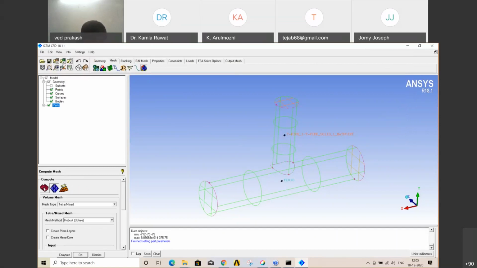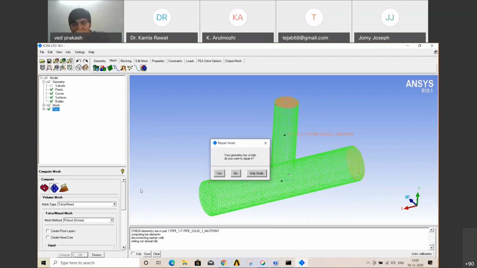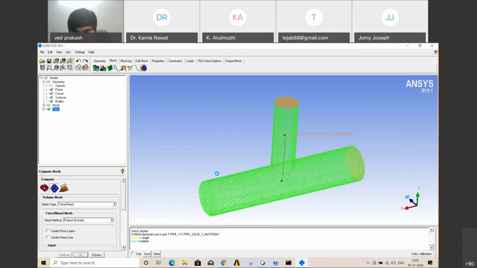Last section, volume meshing, just compute. If you decrease your element size, like maximum size, which I have taken 10, if you take 5, then it will take more time. Do it, yes, all right, prepare.